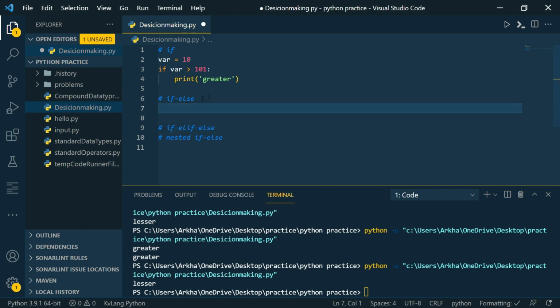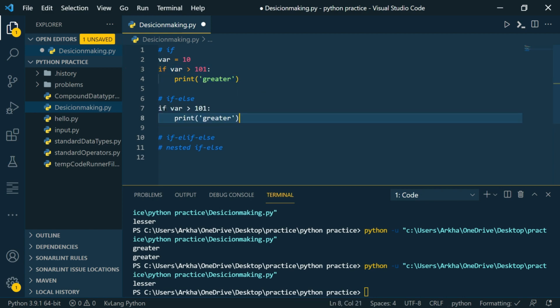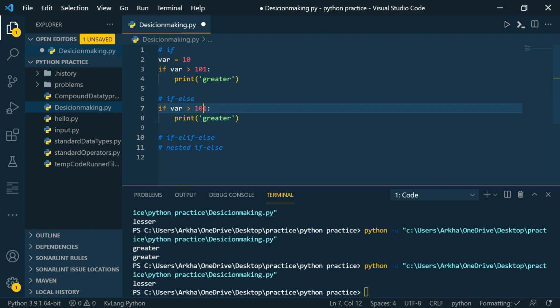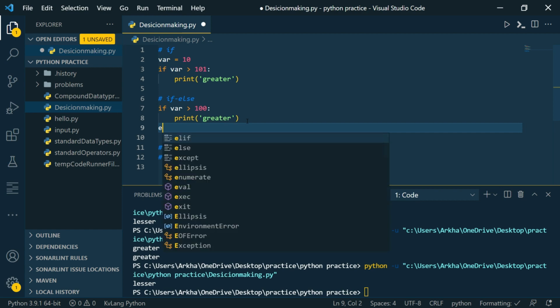Let's just copy this if statement first. So we are doing the same thing basically, checking if var is greater than this particular number. Let's just make it 100 again. And we are adding an else block to it.